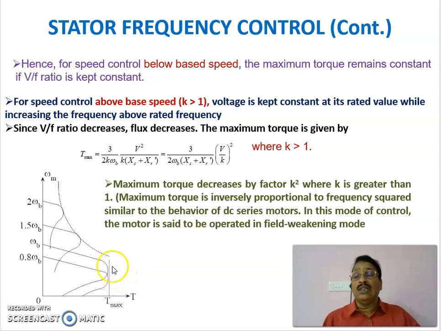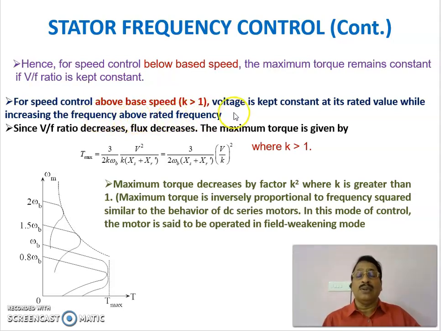Now, if you control the speed of the motor above the base speed, then you are doing what? You are increasing the frequency. Therefore, for the speed control above the base speed, the voltage is kept constant at its rated value, because you cannot increase the voltage more than its rated value. Therefore, you are keeping the voltage at rated value while increasing the frequency